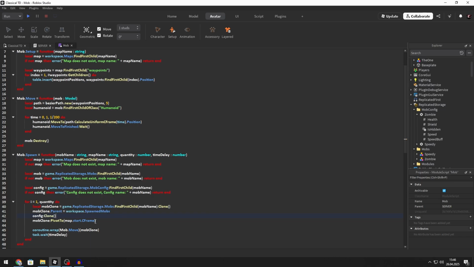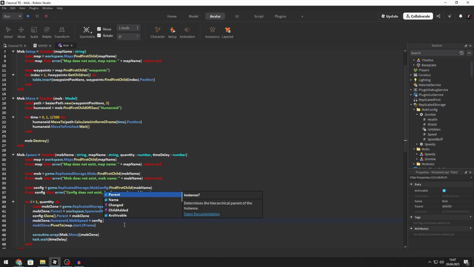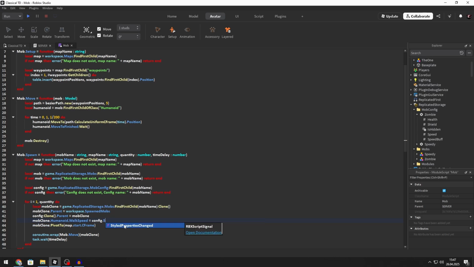I will clone the config, whose parent will be the mob clone. And now mob clone dot humanoid dot walk speed is config dot speed dot value. So now if I run this